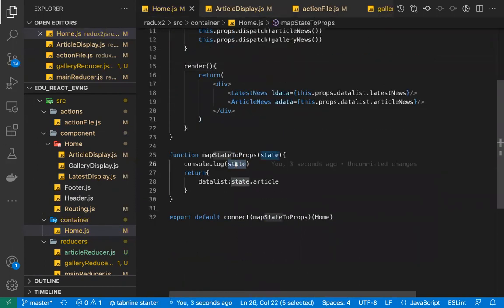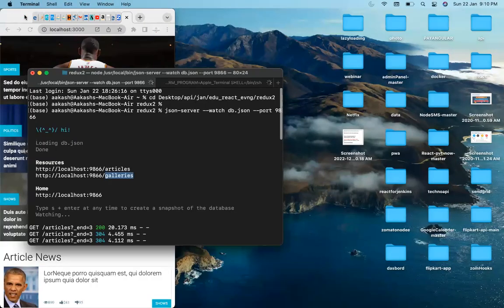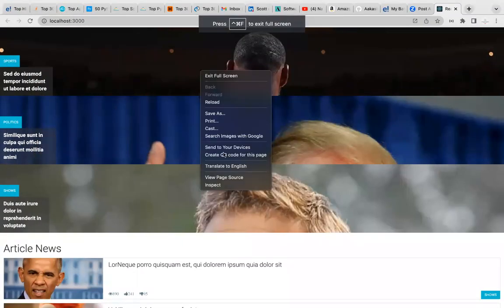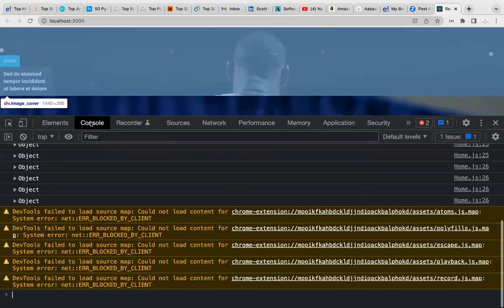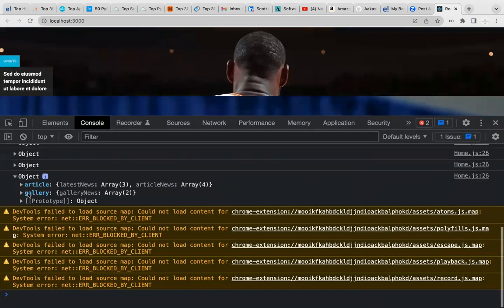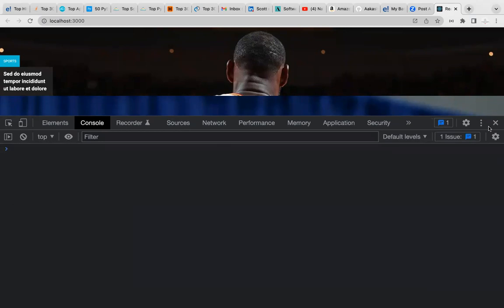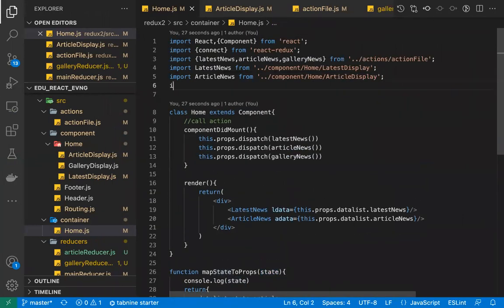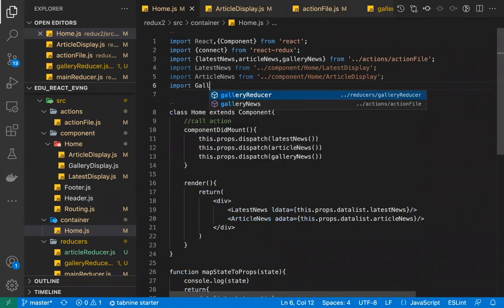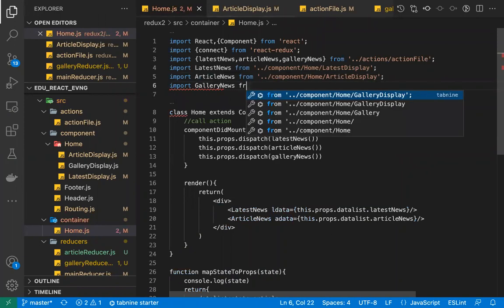Now I'll show one thing, guys. When you check the state, see, your state is coming in 2 different parts. One article, one gallery. In article, we have 2 things: latest news and article news. In gallery, one thing, gallery news. This is how it is. And now import gallery news from